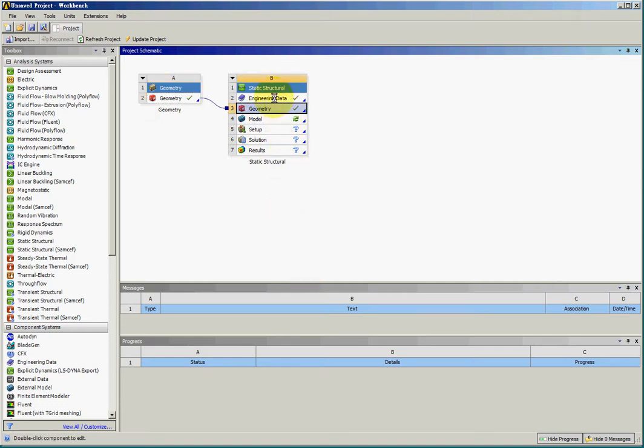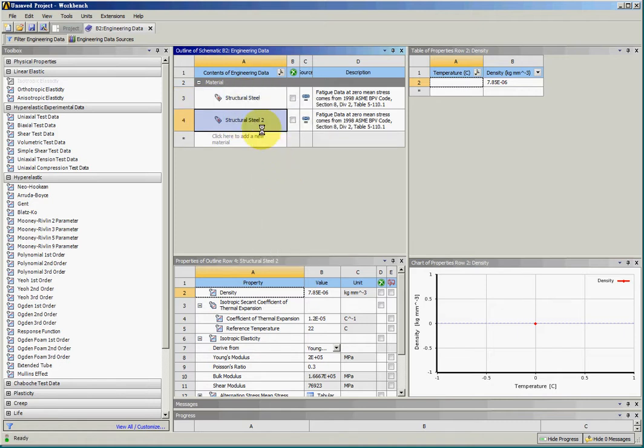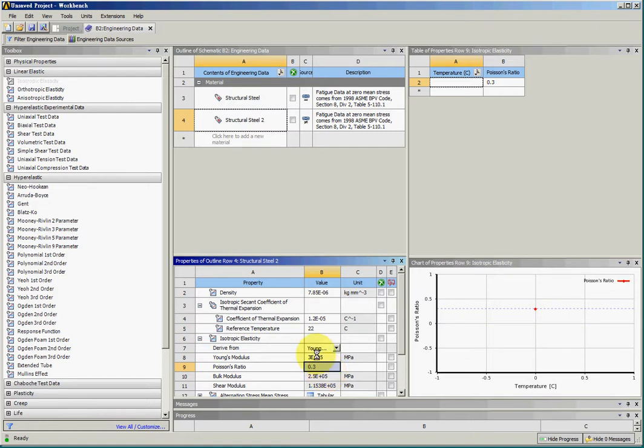The second step is the material. We'll edit material in the material procedure, duplicate the material, and change the Young's modulus into 3 times 10 to the 11th, or this is 10 to the 6th, and this is 10 to the 5, right? So it is 3 times 10 to the 11th, and Poisson's ratio of 0.3. So we go back to project